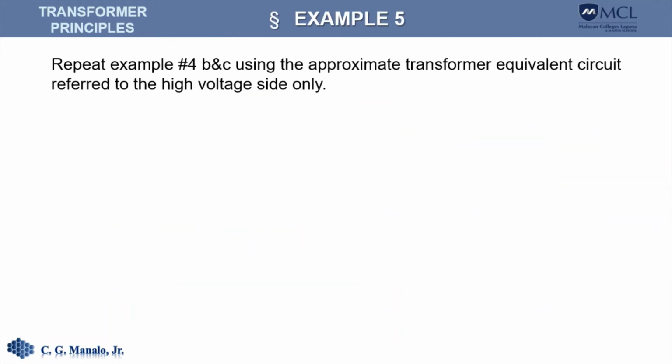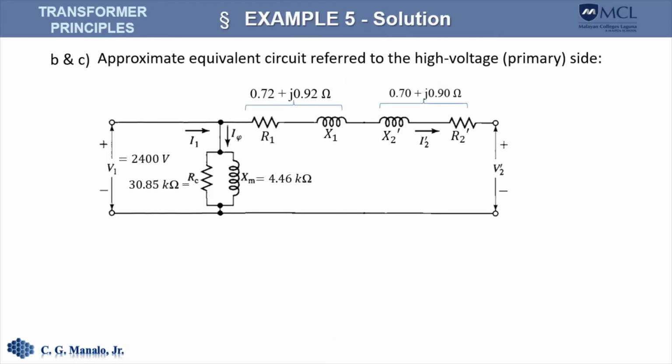In this problem, we repeat example number 4, B and C, but using the approximate equivalent circuit referred to the high voltage side only, or that means referred to the primary winding only. So this is the approximate equivalent circuit referred to the primary. So what we did there is simply to move the shunt circuit in front and parallel to the voltage source. So this is the shunt,